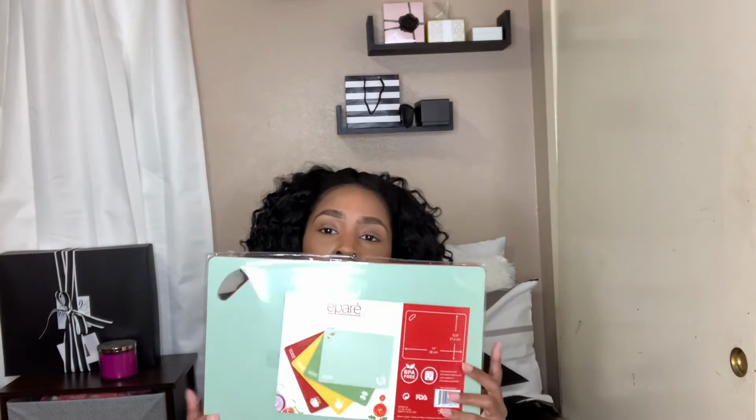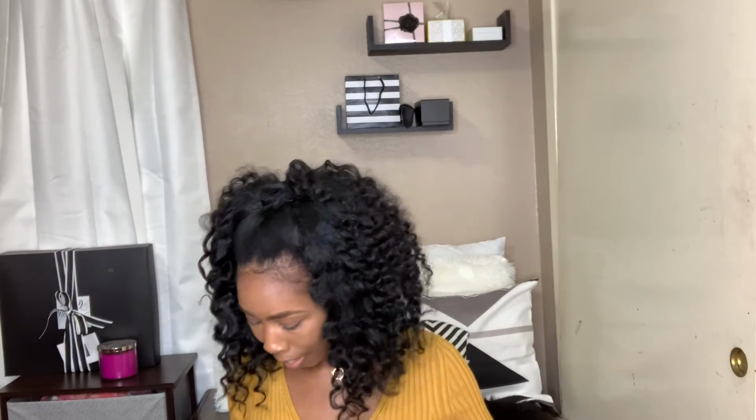So the last thing I got, which was another pick, is a set of 4 cutting boards. Basically, you're supposed to use cutting boards for different stuff like your meat, your veggies, and stuff like that. So really needed that. That will come in handy because I do a lot of cooking. And that is everything for the